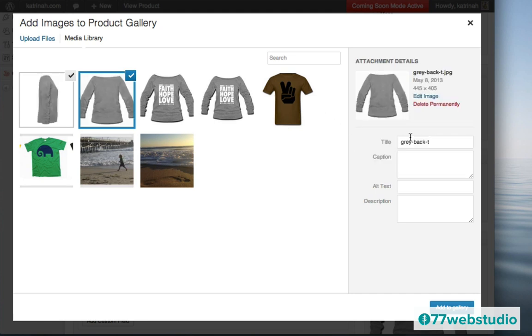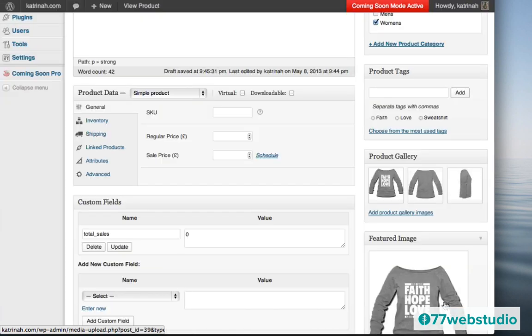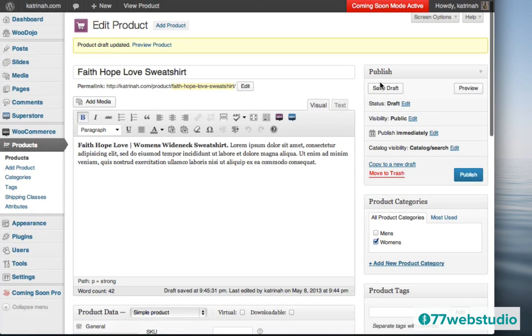So again, I'm going to give this a title, so I'll just call this, once again, the sweatshirt. This is the back though, so I'll put back, and then the alternate text, I'll give it alternate text title there, and then I'm going to click on this one right here, and once again I'm going to add the title and the alternate text. And then once you have that ready to go and you have your two images selected, you want to click on Add to Gallery, this button right here. Great, so now we see the three different images that will be displayed in the product gallery. So once again, I'm just going to go to the top and click on Save Draft to save this draft.